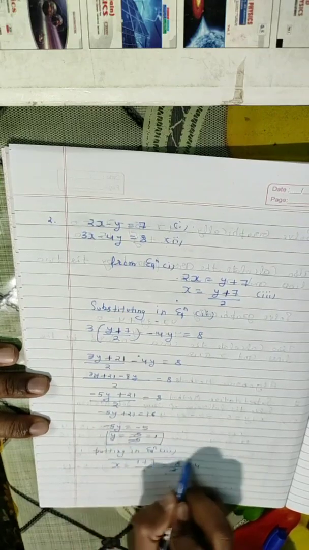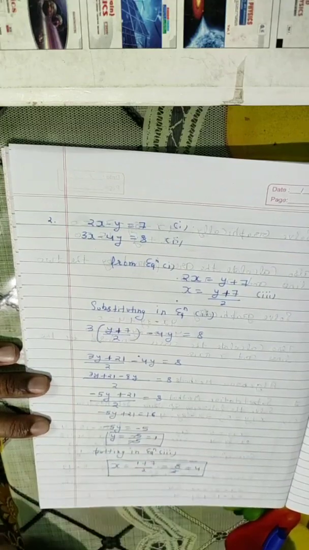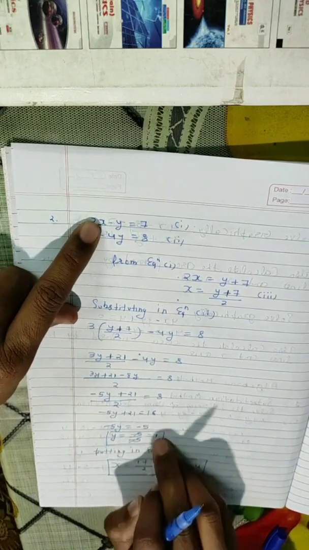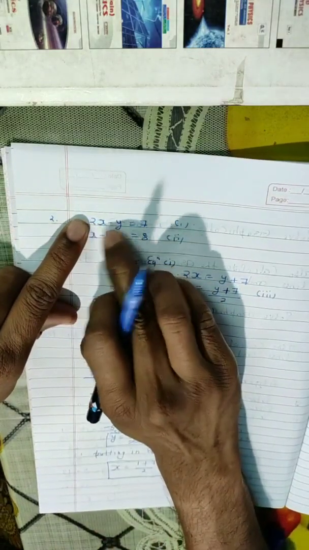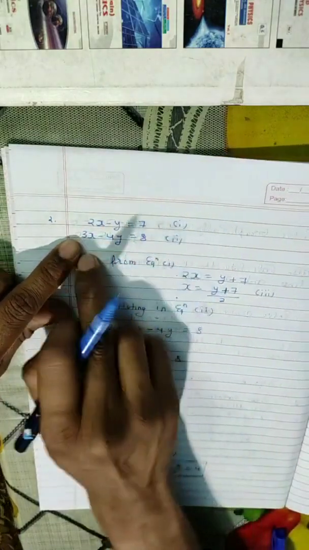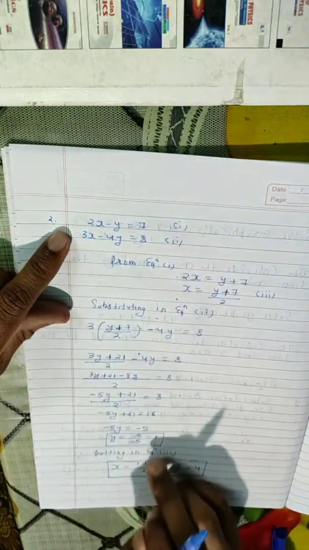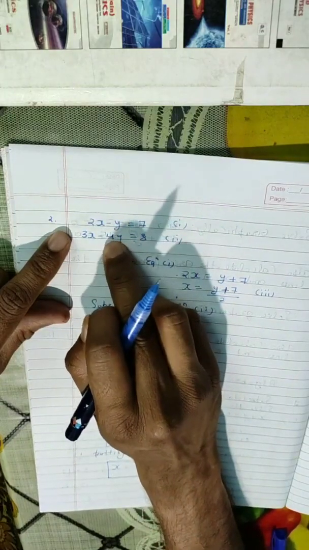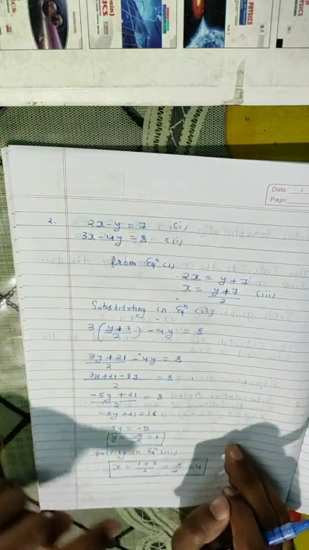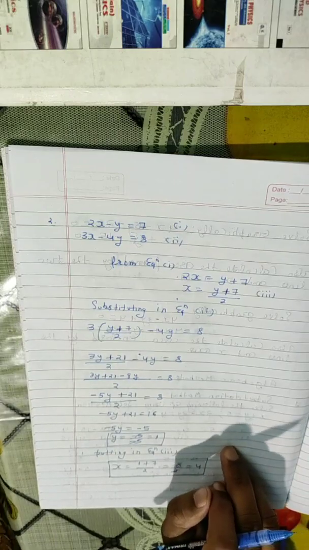You can check this value by putting in the given equations. It will satisfy the two equations. See, if I put x is equals to 4 here, 2 into 4, 8. If I put y is equals to 1, so 2 into 4, 8, 8 minus 1, 7. So it is satisfied. Also, these two values will satisfy equation number 2. See, if I put x is equals to 4, it will become 3 4 are 12 and y is equals to 1. 12 minus 4 into 1, 12 minus 4. So 12 minus 4 will become plus 8. So yes, I can say that x is equals to 4, y is equals to 1 is the unique solution of the given pair. Okay.